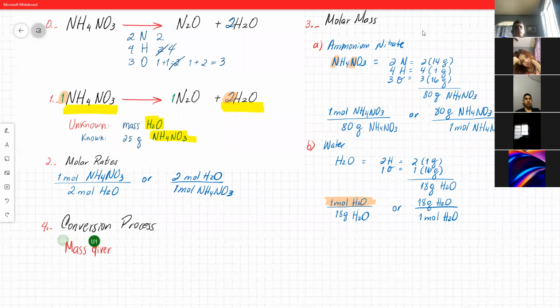From the mass given, you are going to get the number of moles of the substance given. From the moles given, with molar ratios, you can get the moles of the unknown substance. And from the moles of the unknown substance, you can get